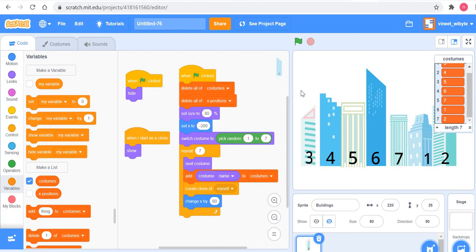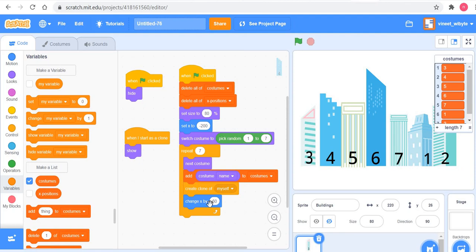Now the other list that I'm going to maintain, which I've actually already created, is this list called X positions. So what do I want to store in this? It will become clear why I'm doing all this once we go to the next part of the game. Now I want to store where this building has been placed. What do I mean by where? Remember, I'm changing these X values. So I want to make sure that each X value that I'm using here gets stored in a list.